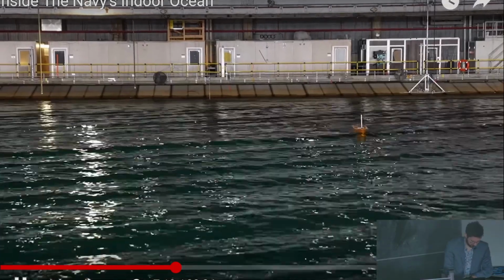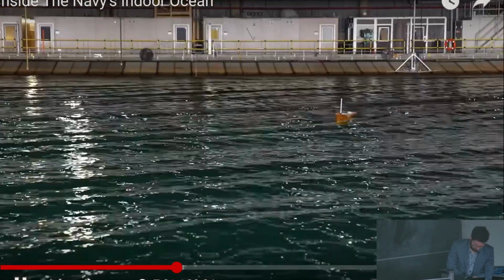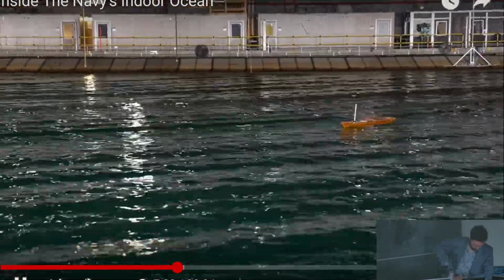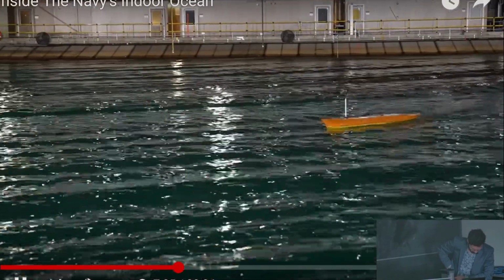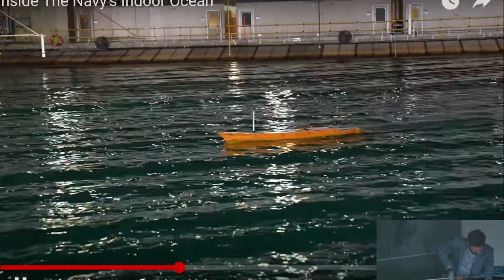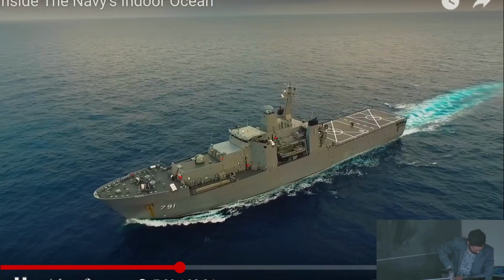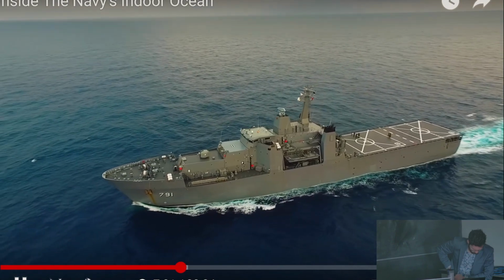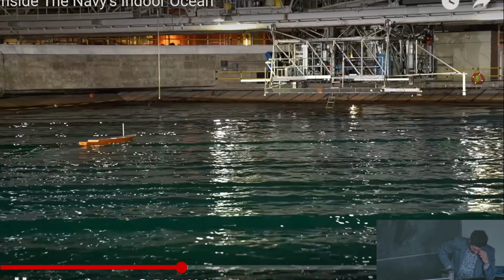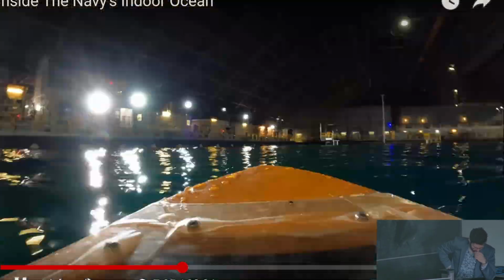When we're doing a free running model like this, we usually run like a racetrack, like a big circle, or a figure-8 track. So we know the headings that we're running in so that we can correlate that to the full-scale vessel. For the model to provide an accurate representation of the real world, a lot of things must be